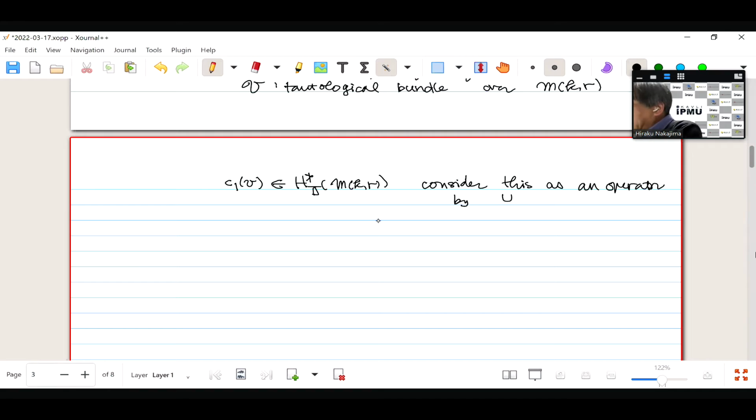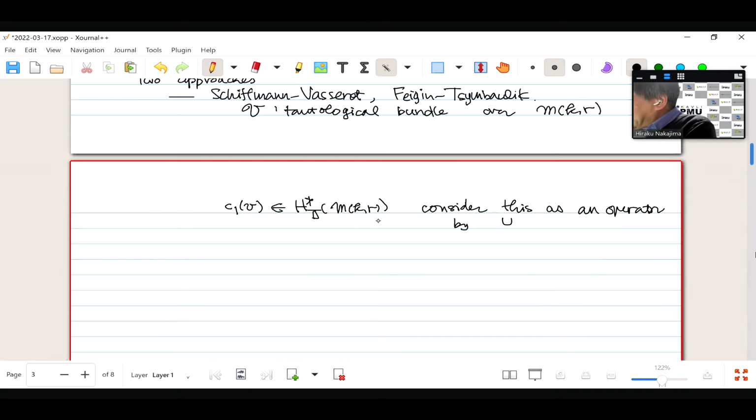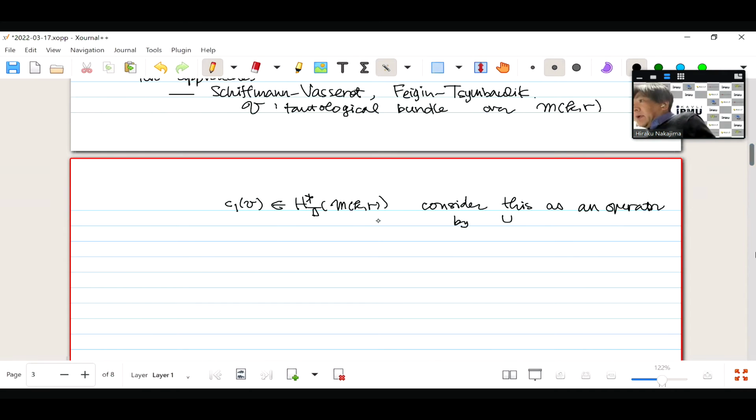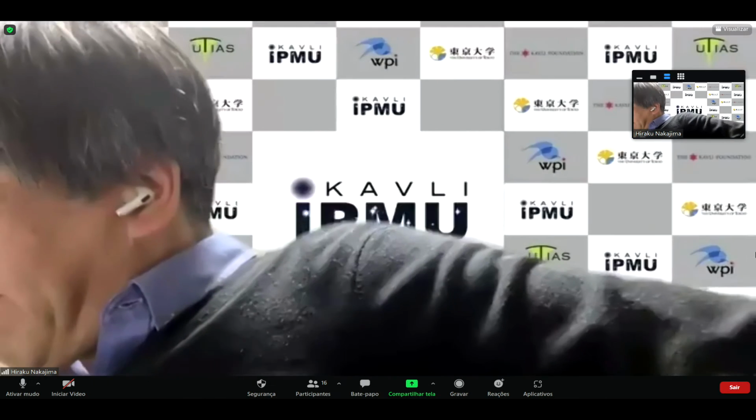It is just a cup product, so it sends equivariant cohomology of M_{K,R} to itself. So this preserves the instanton charge. But anyway, this is the operator, and you consider